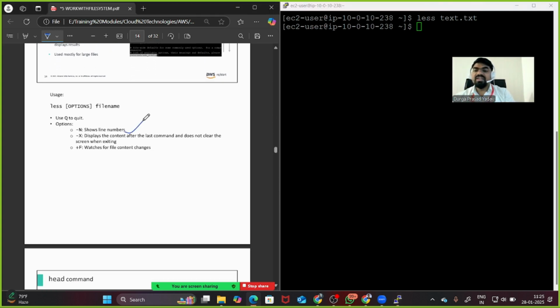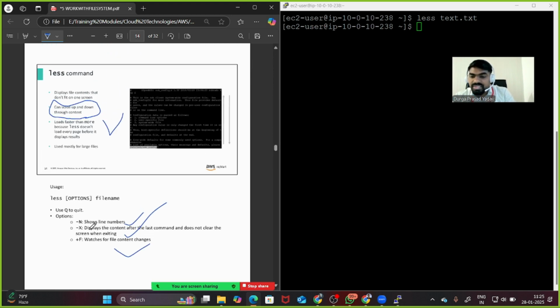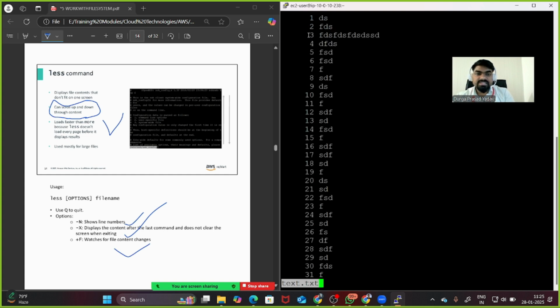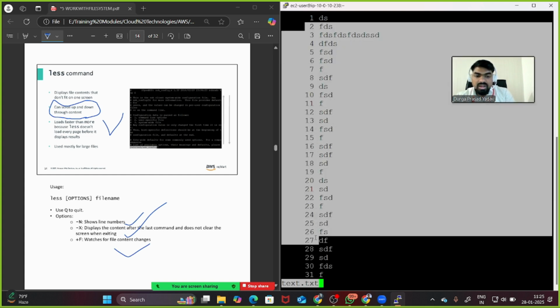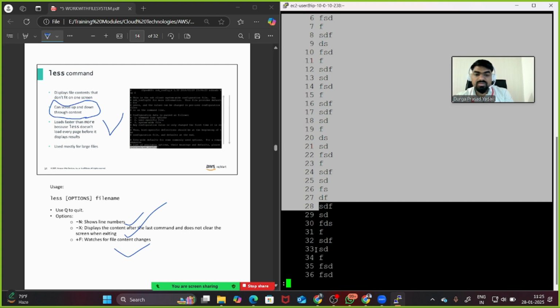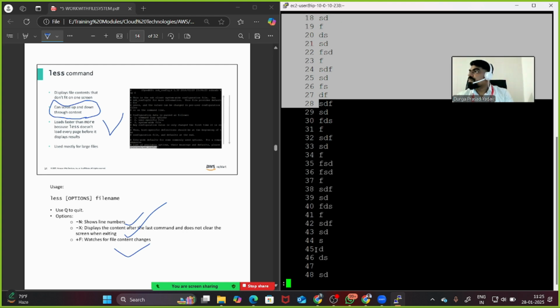And hyphen n will show the line number, hyphen x will display the content after the last command, and plus f watches the file content change. So these things also we can use, guys, hyphen n, hyphen x. So let's say if I am just keeping less space hyphen n space text.txt, it will just give the line number along with the text, line number along with the text, you can see. All right,